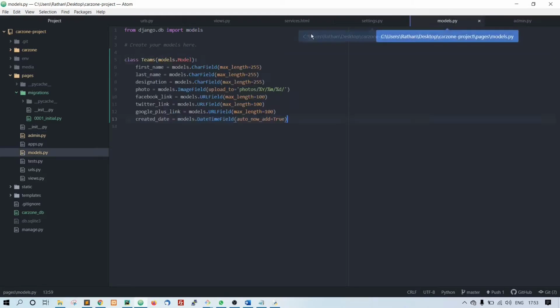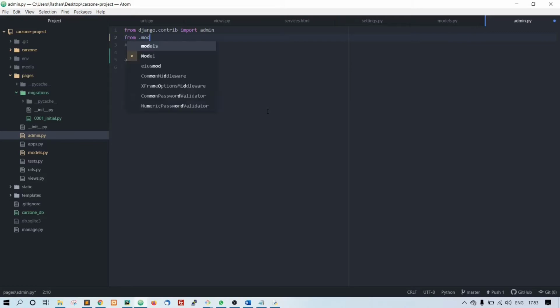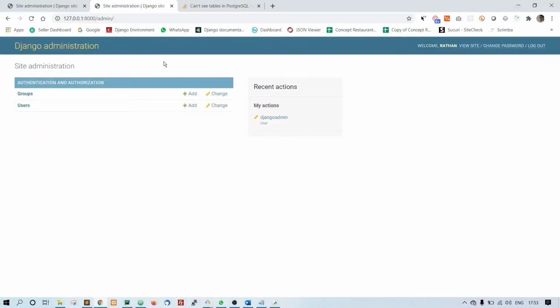That's our model name. Okay. So currently we don't have Teams imported here. Let's import it, from .models import Teams. Okay. So now we should be able to see the team inside our admin area. See.